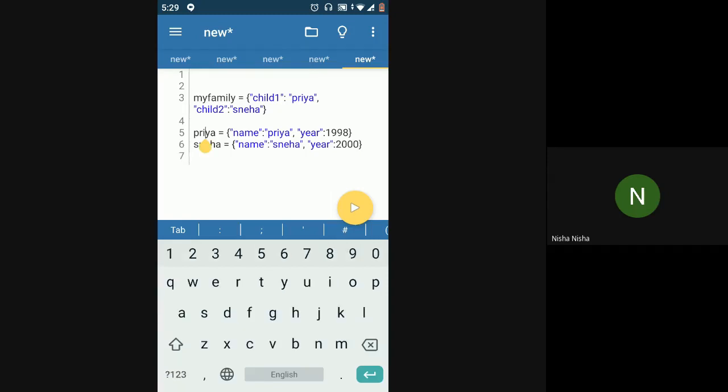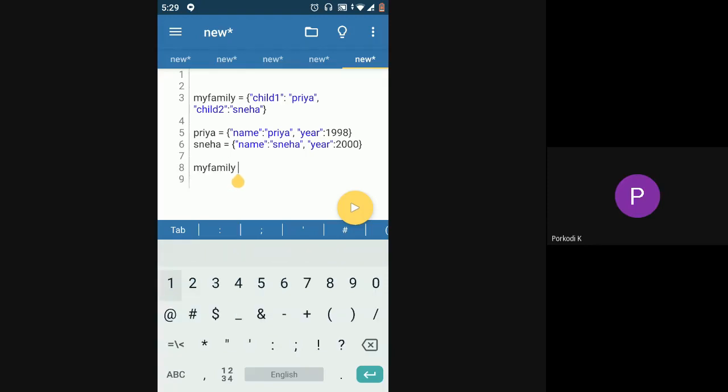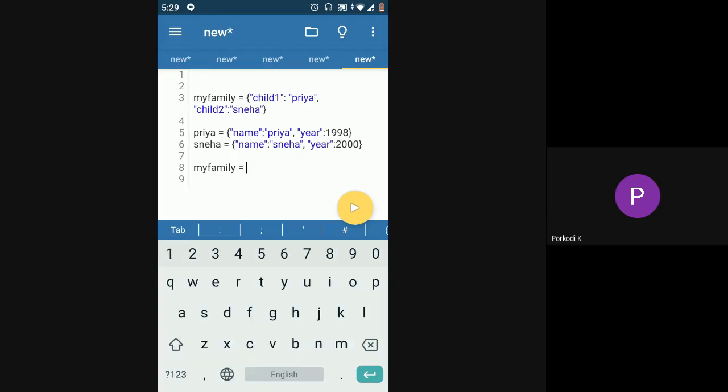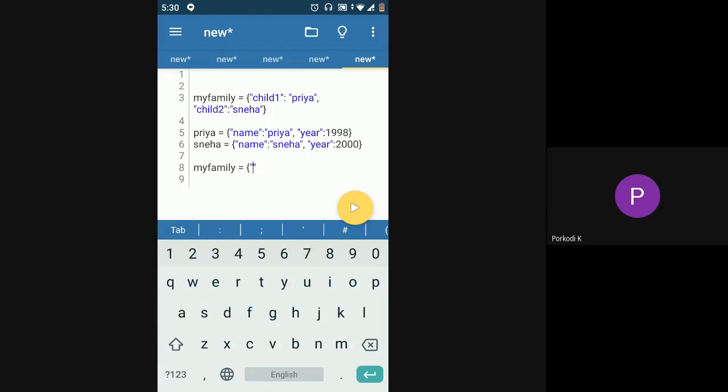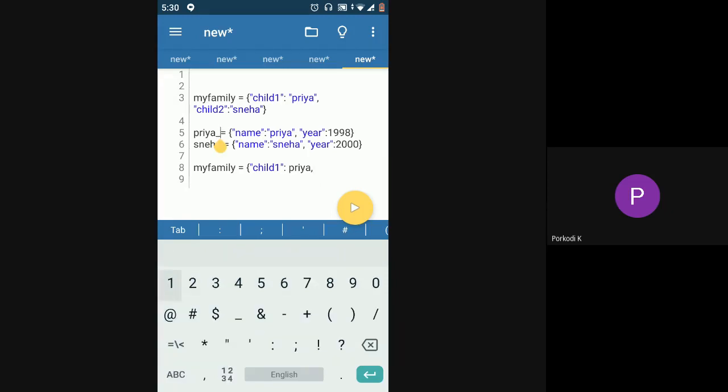Okay. So now I've created these two dictionaries. Now what I'll do is inside this my family dictionary, instead of using one single string as the value, I'll use the dictionary as the value. So here I have used this Priya name, maybe I'll just say Priya underscore dict.